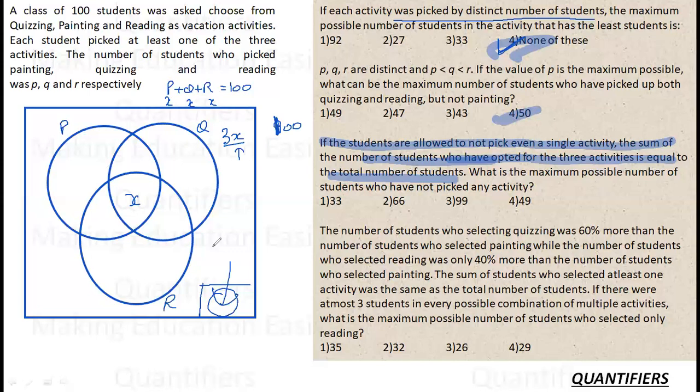ठीक है, क्या रख सकता हूँ ज़्यादा? 33, because if I keep it 33, it will go as close to 100 as possible. जैसे मैंने 33 रखा, मेरा P भी 33 हो गया, Q भी 33 हो गया, R भी 33 हो गया. Now my total number of students are 99, but I have to make it 100. So let me allocate one student randomly to any place. Let's say मैंने यहाँ पे one student रख दिया because I am not having any constraint that P should be greater than Q should be greater than R.